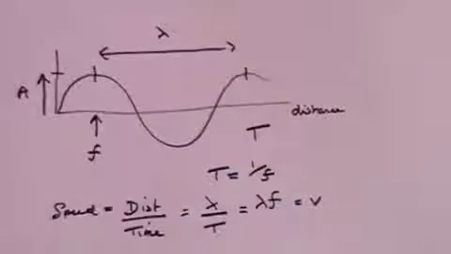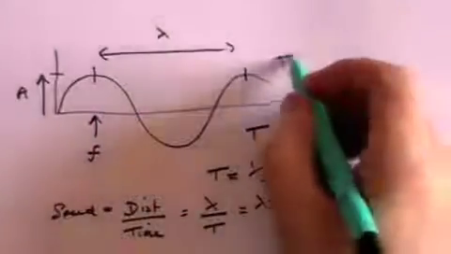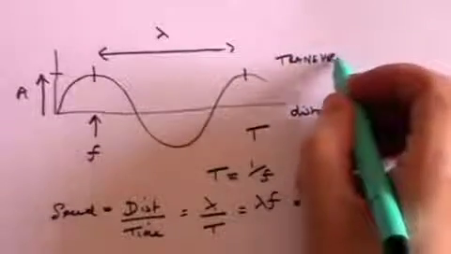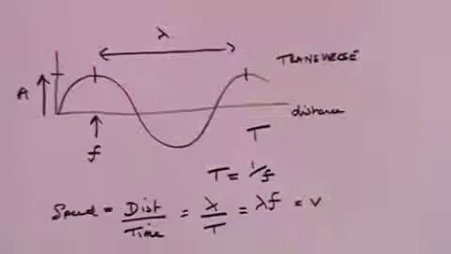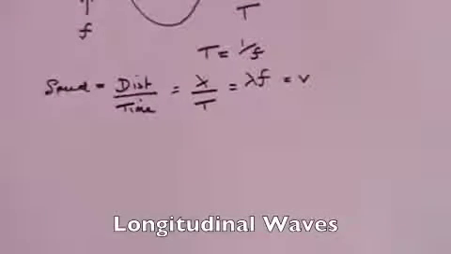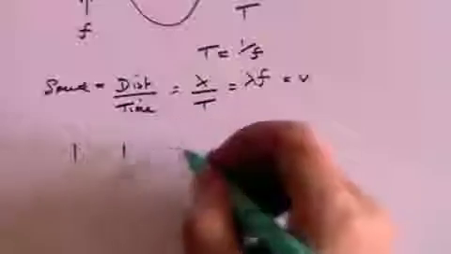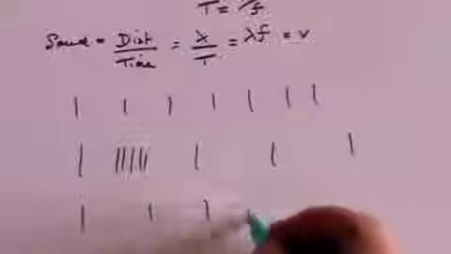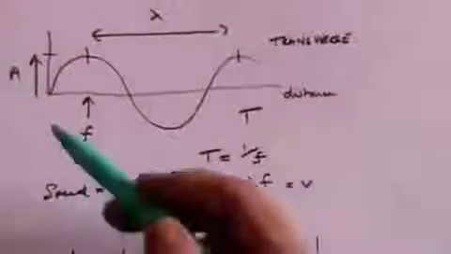And that's its speed. These waves are called transverse waves. But you can also have what are called longitudinal waves, and sound waves are longitudinal waves. Basically, if you have columns like this, then a longitudinal wave will bunch some of these up and stretch some out. So at one moment you might have that kind of arrangement, and then the next moment you might have that kind of arrangement. Instead of it being transverse, going up and down, it actually goes in and out,